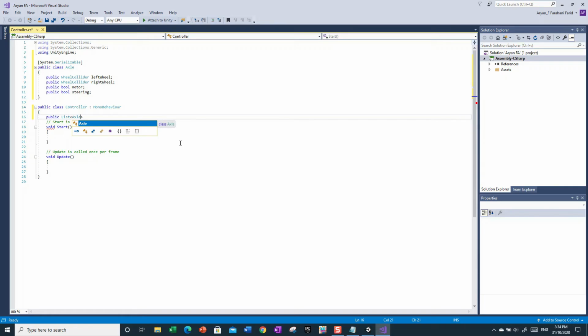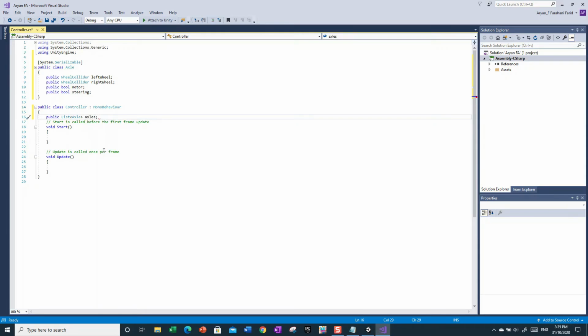Make sure it's with a capital L, because we made our public class with a capital L. So we have to... why am I saying capital L? Capital A, so it's going to be with a capital A, otherwise our script is going to be like, what's this? This is incorrect, oh my god, what have you done? So yeah. But in this line right here, we're going to do a space and a non-capital axles, and then we're